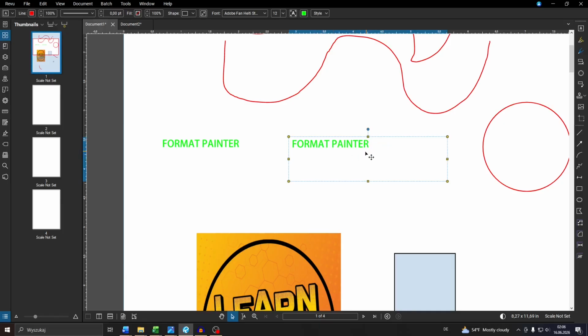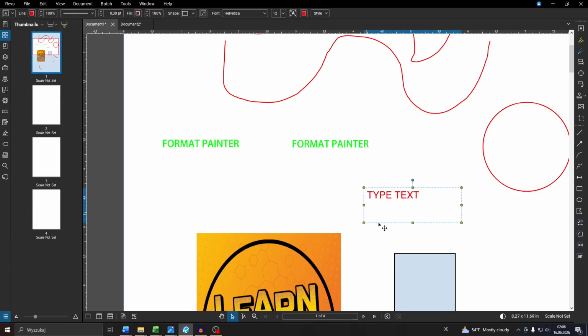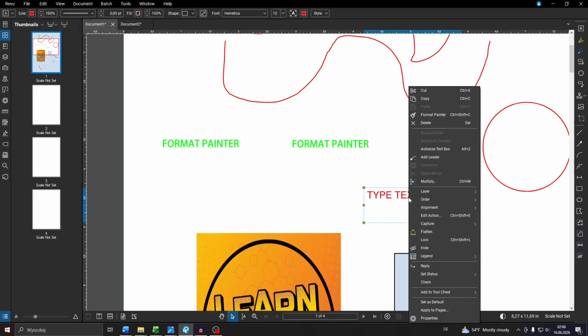So let's assume you create a new text box by using the text box tool in the top right. Position it here, type in your text. Right, so if you select the given text box, you will see the current size. So what you want to do, guys, is right click into the text box, and then you will see this option here, auto size text box. You may also use the shortcut Alt-Z, and that is going to